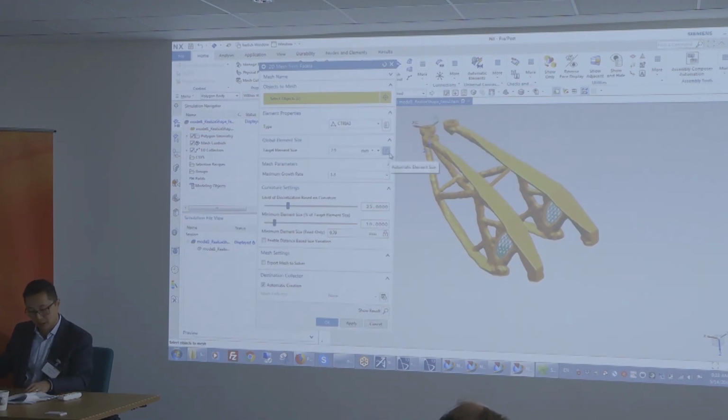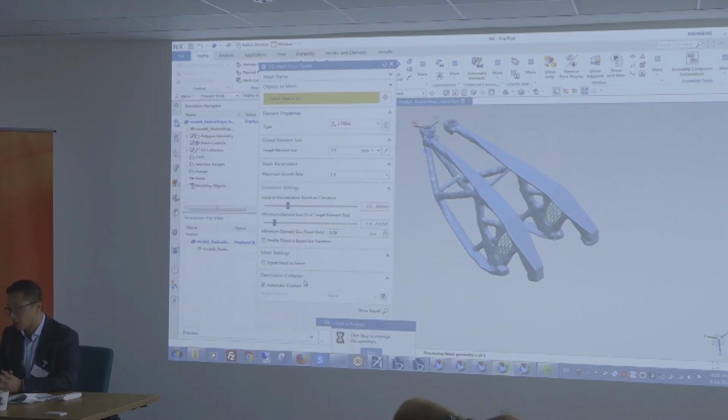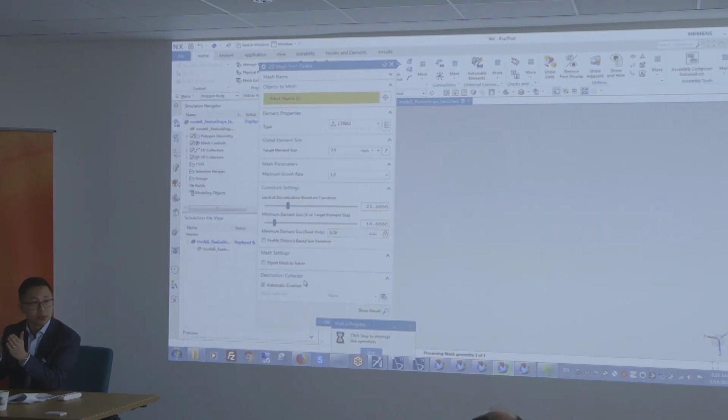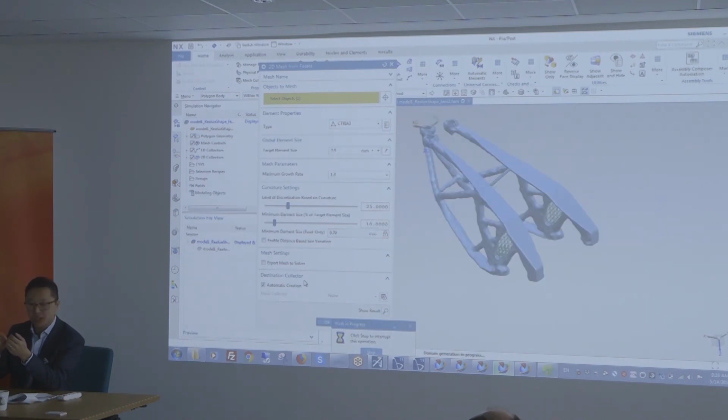Okay, so I think the line here was 6.7.9. So what it does under the hood is it splits your polygon facets into subdivisions, creates the edges, and then creates the 2D meshes on top of it.